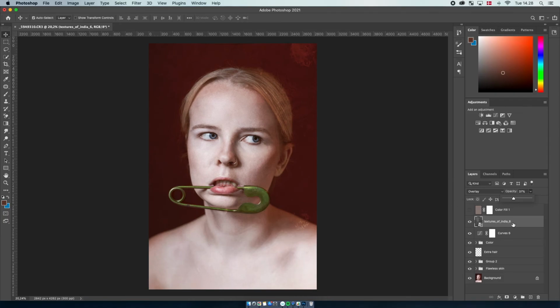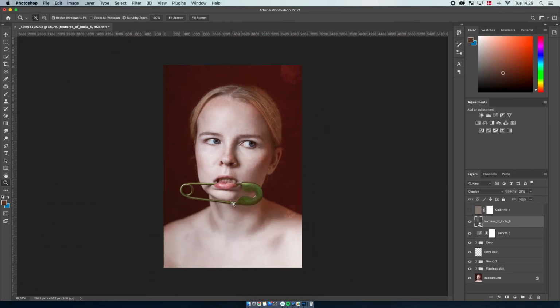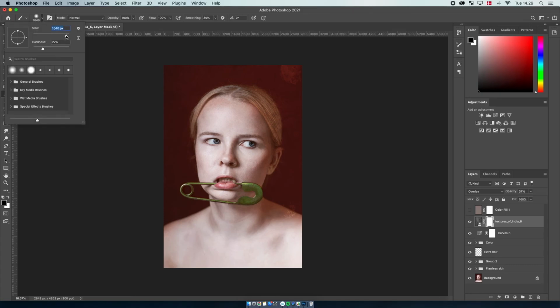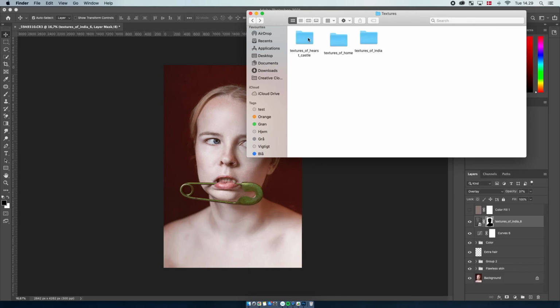Maybe like that. And then if you like, you can go ahead and erase the texture and the effect on the actual face and then apply another texture maybe. Maybe we can do that just to see how that looks. So I'm just making a layer mask and taking a brush and making sure that it's big enough and making it soft and just erasing it very slightly, very softly like that, so it looks very cool in the background I think. And then we can go ahead and find another texture,